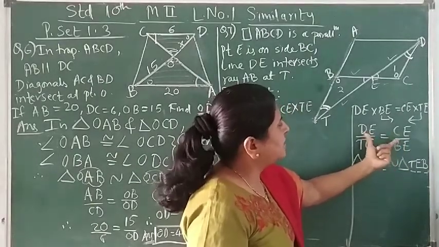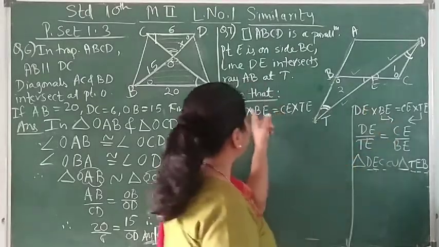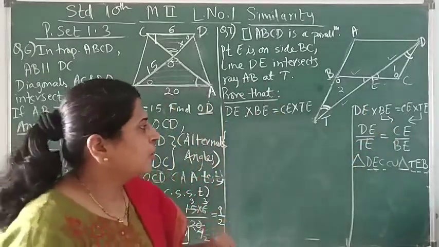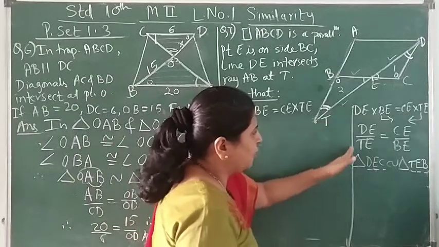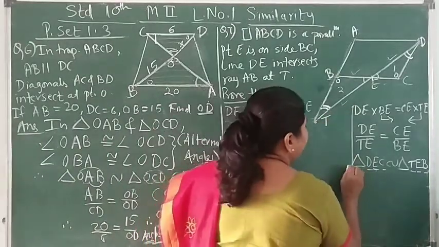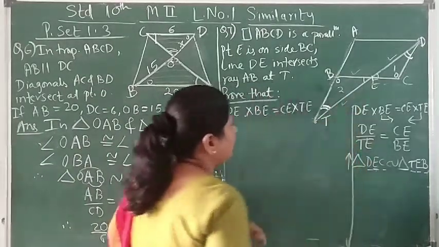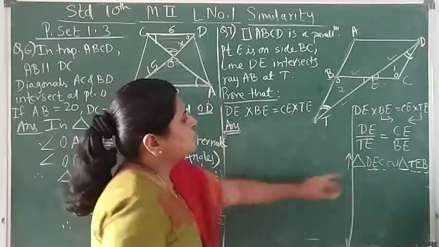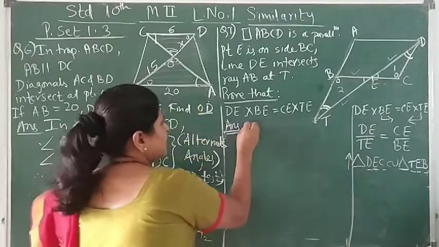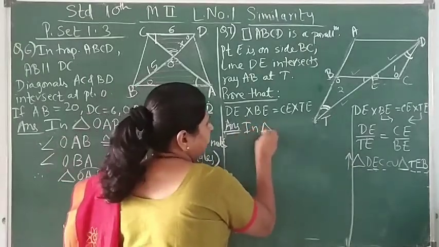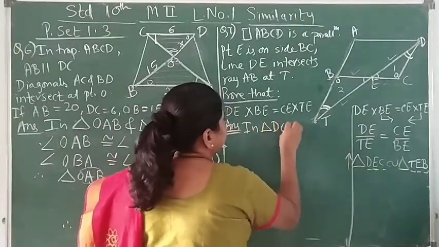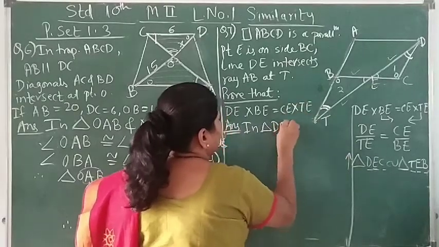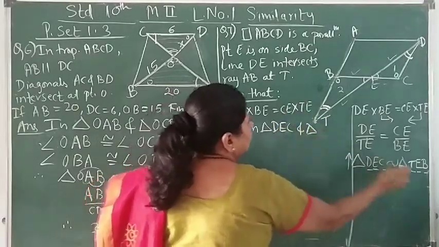Okay, and when we get this ratio, by cross multiplication we can prove this required thing. Okay, so the thought process will go like this, but when writing we will do this in this direction. So first in the answer we will try to prove these two triangles are similar. So let's write the name of the triangle. In triangle DEC and triangle TEB,